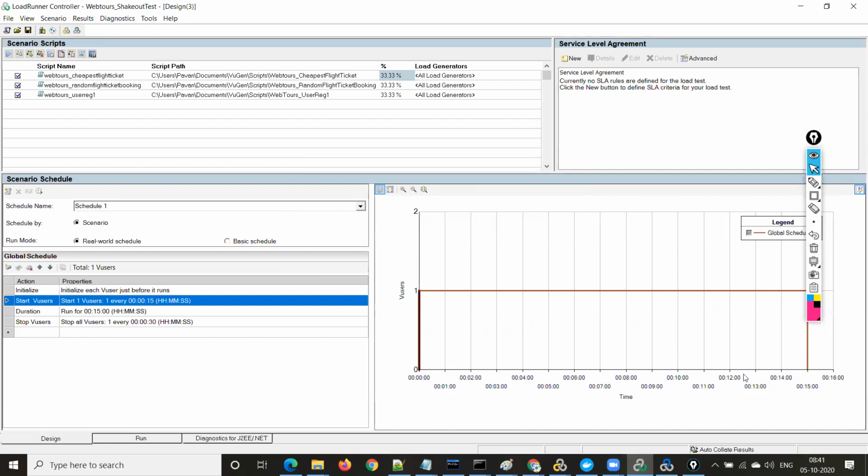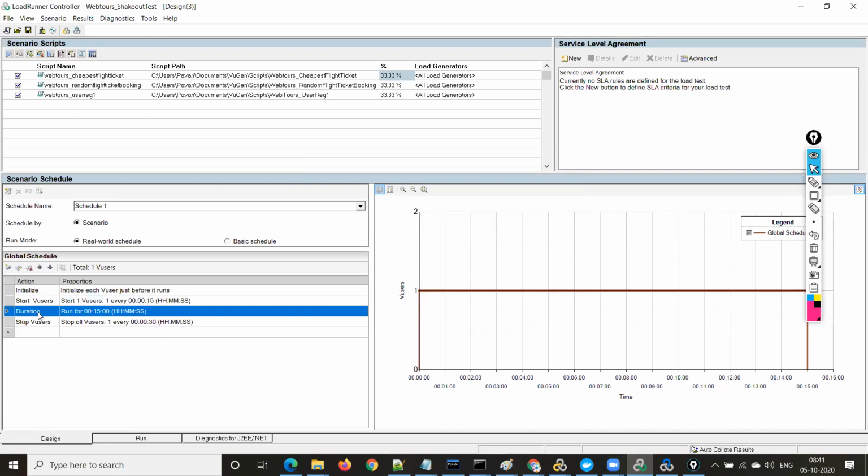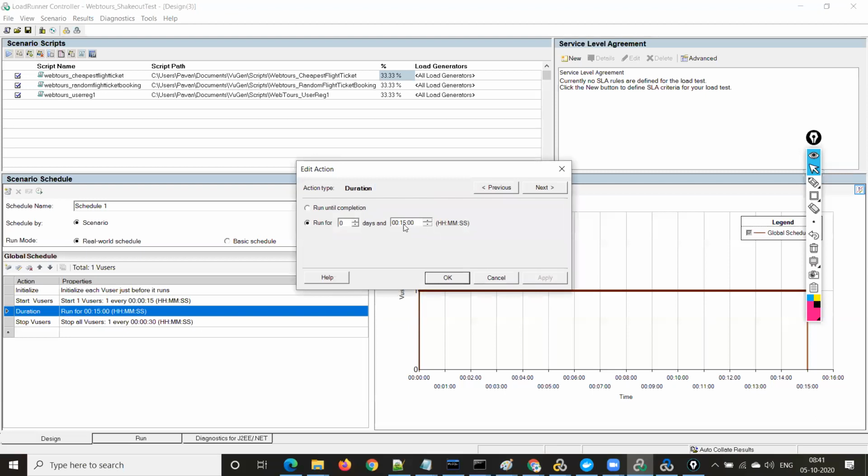And on the x-axis it is showing time, the time duration, right? So the x-axis always shows the duration of the test, and the y-axis is showing the number of users. Whenever you modify something, like the test duration, it is updating and getting reflected in the graph, right?